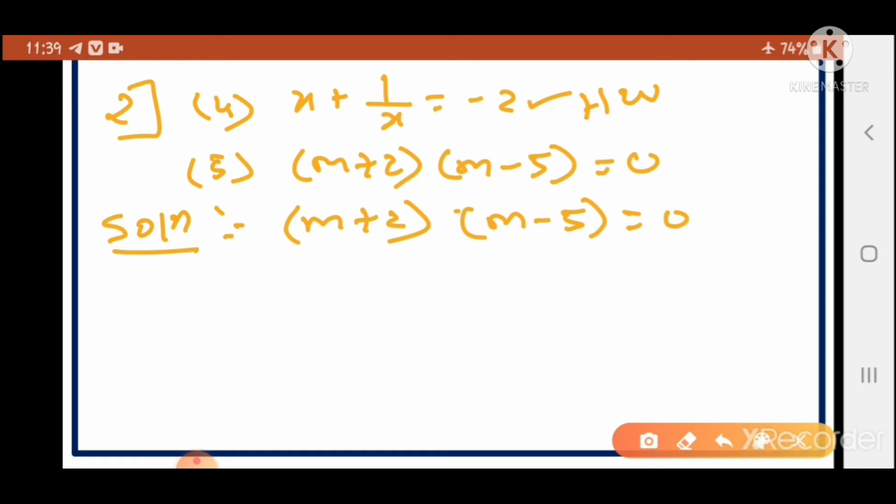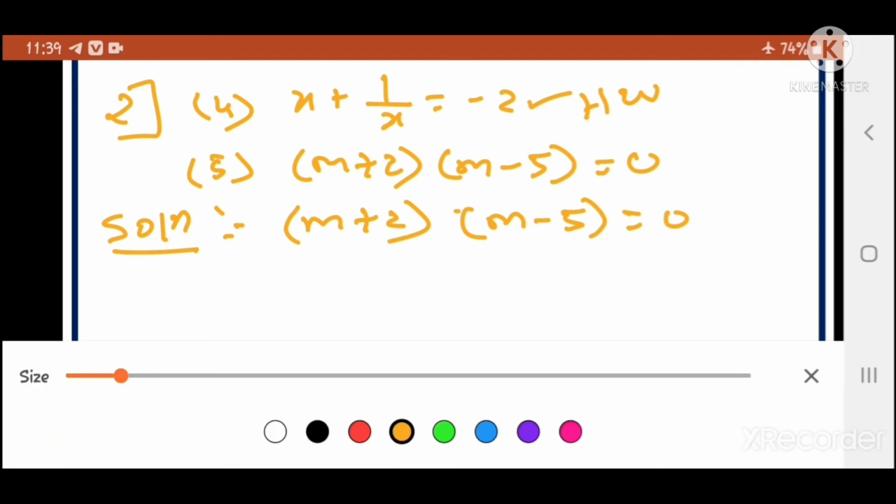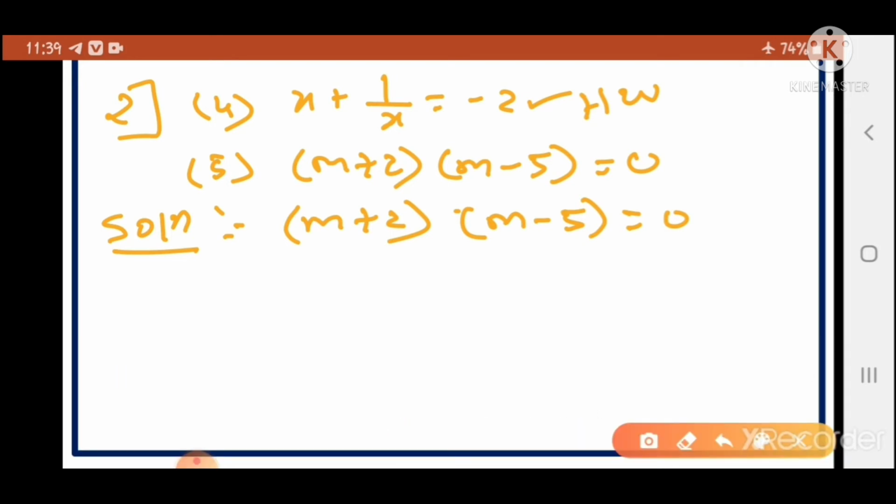Now you have to multiply this. Here you can apply the formula also. You can do one more thing: either you multiply in this way, open the bracket and multiply m with the whole bracket and 2 with the whole bracket, and then you solve and you will get whether the equation is quadratic or not. Or you can apply the formula also. Remember, one formula is there. Okay, we'll directly multiply, so that will be easy for you. We'll do the multiplication directly.